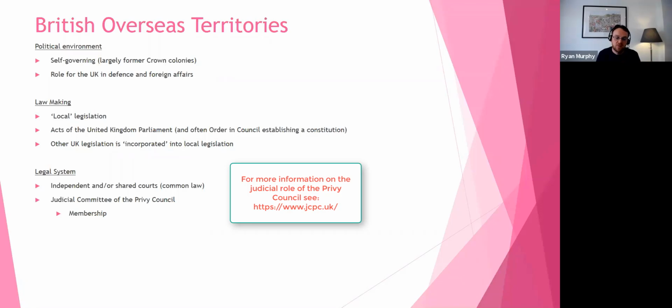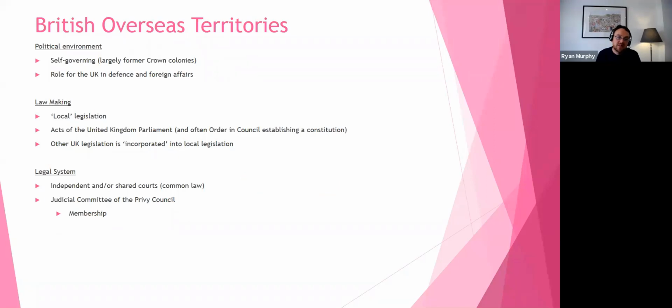And the Privy Council was the Queen's advisors, and the Judicial Committee will normally, or does contain, the senior judges from the United Kingdom, from the legal system of England and Wales, so the members of the UK Supreme Court,